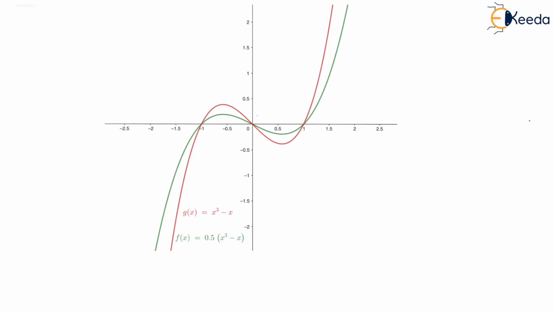We can observe the same on the right side also. Initially, the graph value was this much for the respective value of x, whereas now it has reduced and become this much. So it has vertically shrinked, and we can observe the same for any value of x here. So this is a case where the mod value is less than 1 and of course greater than 0. So this is vertically shrinking.